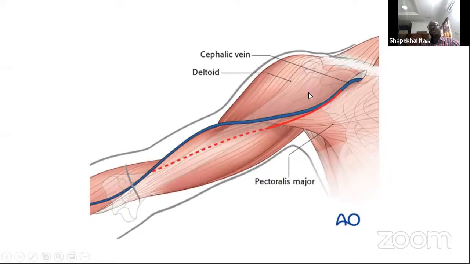So you have the deltoid laterally and the pectoralis major medially. Once you've gotten this, you need to split the deltopectoral junction by blunt dissection. There's a tendency to have the vein in the way. So the question is, which way do you retract the vein? Do you retract it medially or retract it laterally? Depending on